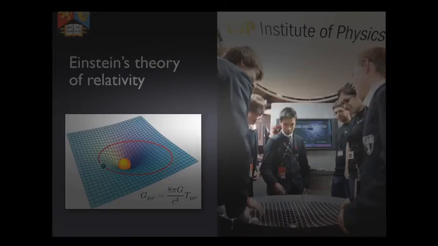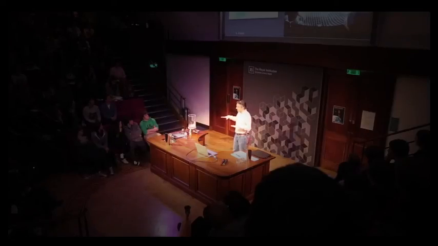So this is a photo of how we tried to explain it during our outreach session and so on, where the idea of space and time as something that can stretch and that can have ripples is a little bit visualized. So the idea to understand it is to see space and time as a rubber sheet, where